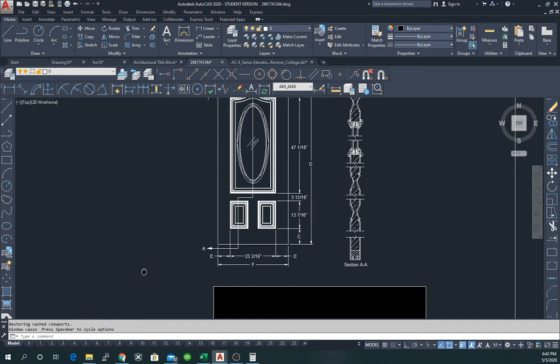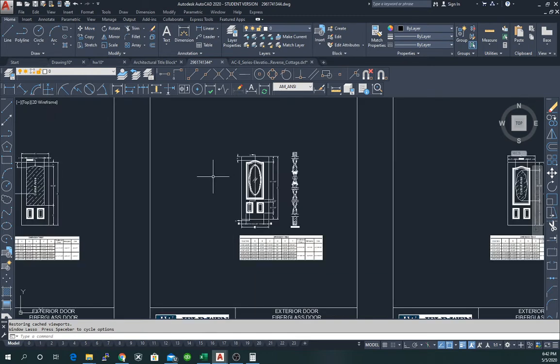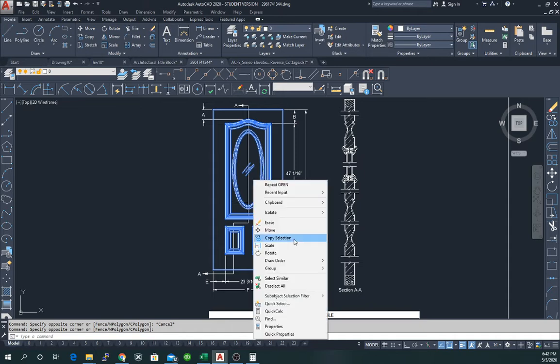Yeah. We'll choose this door. So what we want to do then is just copy the door. Copy the dimensions for. So as you copy the door, be careful that you only copy the door itself. If you see that I only have the door selected, I'm going to choose copy selection,